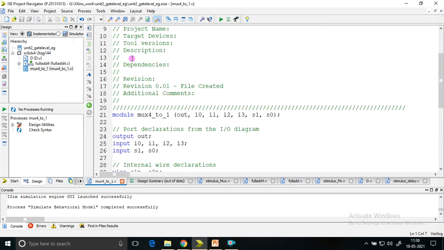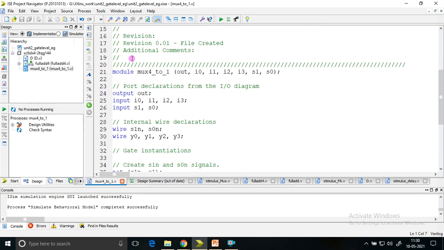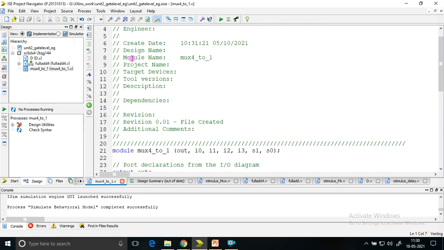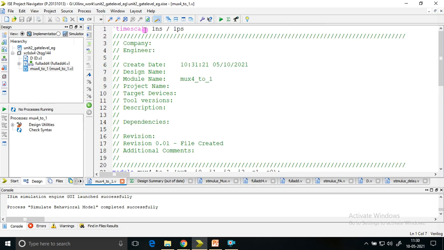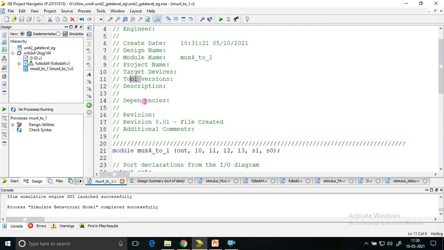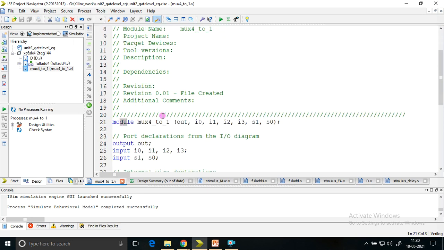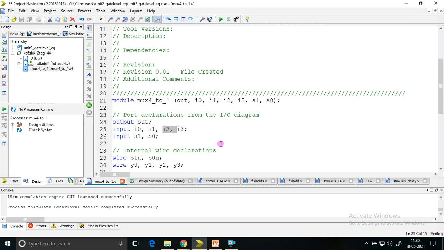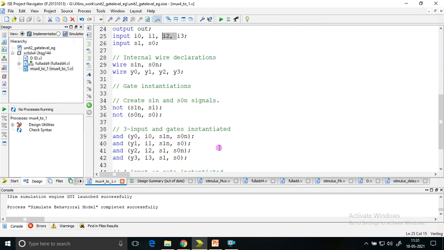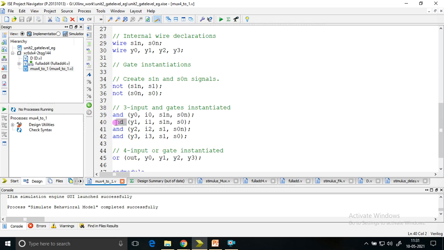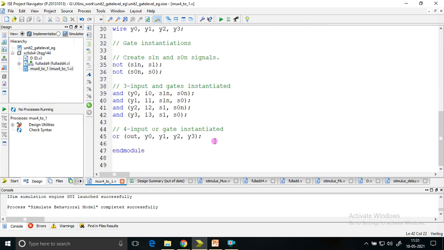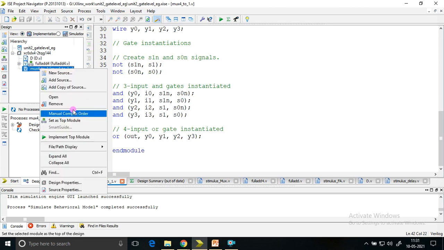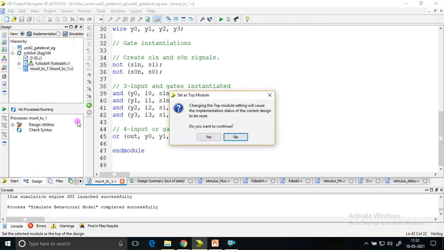Even if you use dollar symbol monitor or dollar symbol display, it will be in pink color. System tasks as well as compiler directives will be highlighted with a pink color font, green color font is for comments, blue color font is for keywords, and black color for identifiers. So I have been telling you this. In that fashion, you can understand that this is a Verilog primitive, which are keywords, predefined words. Okay, same code. I'll set it as top level module.